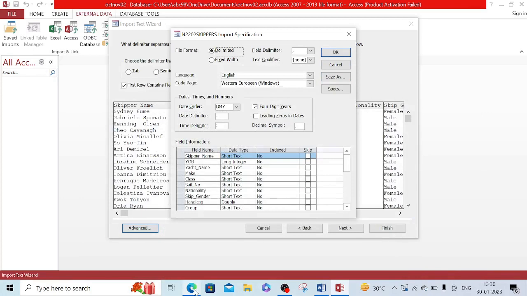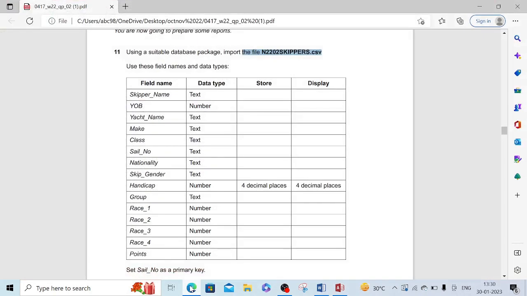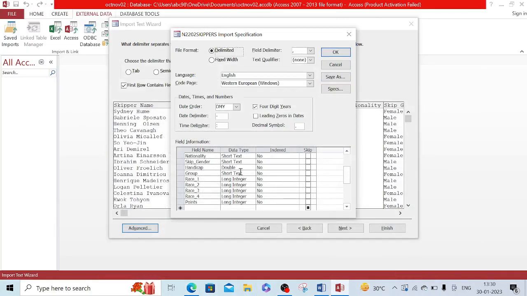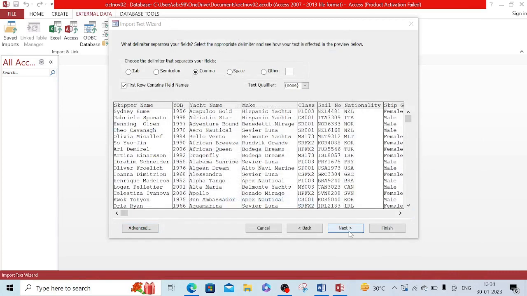handicap is a number. So double is fine for that because here it has to be displayed in 4 decimal places, and whenever any field we have to display in 4 decimal places, the double data type can be used. Next is text and all others are numbers. So group is text and all others are numbers, so long integer is fine. Okay, and then next